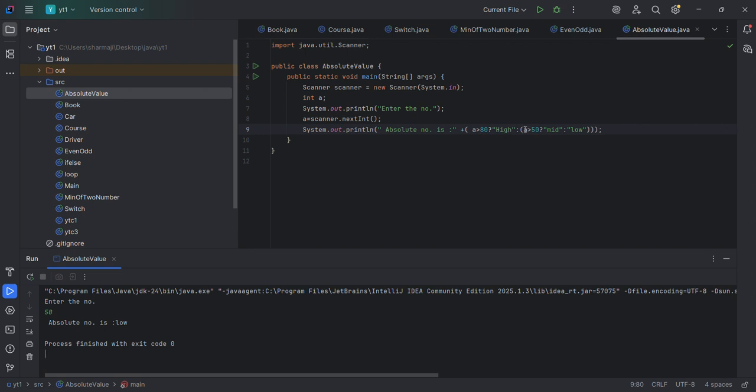Otherwise, we will check another condition inside the second part, that if the number is greater than or equal to 50, then it is moderate, or we can write anything for moderate, and otherwise if the number is lower than 50, then it will be considered as low. So your grade is,